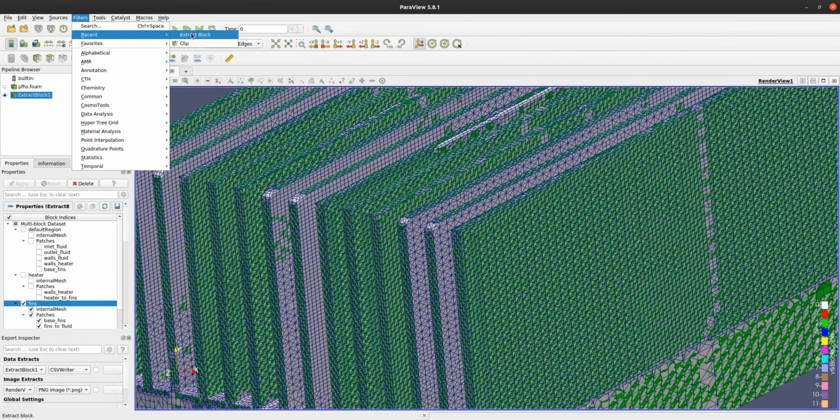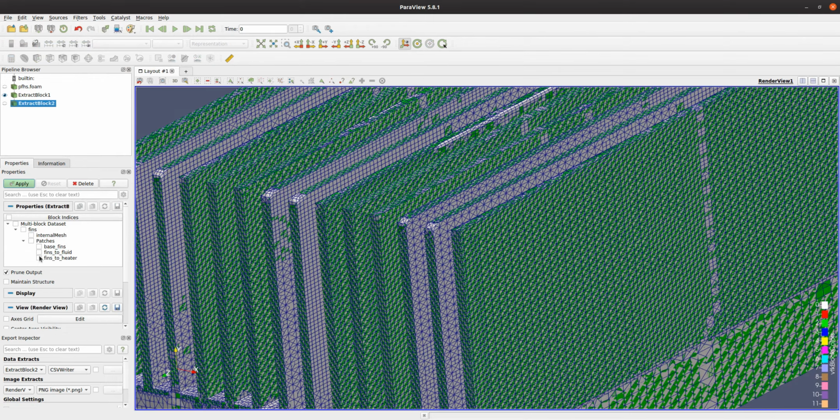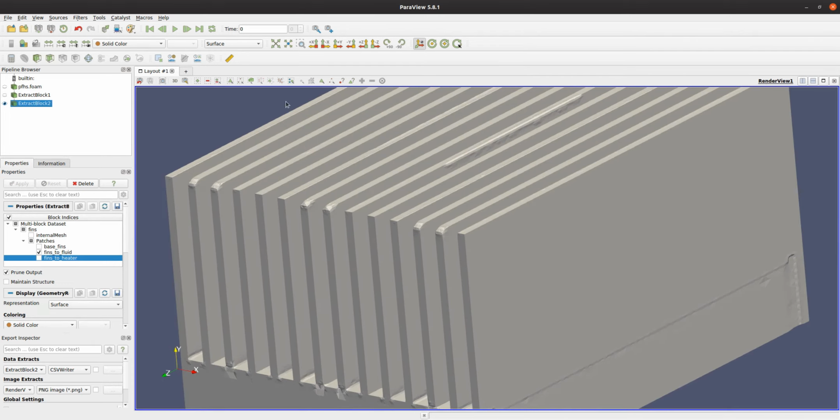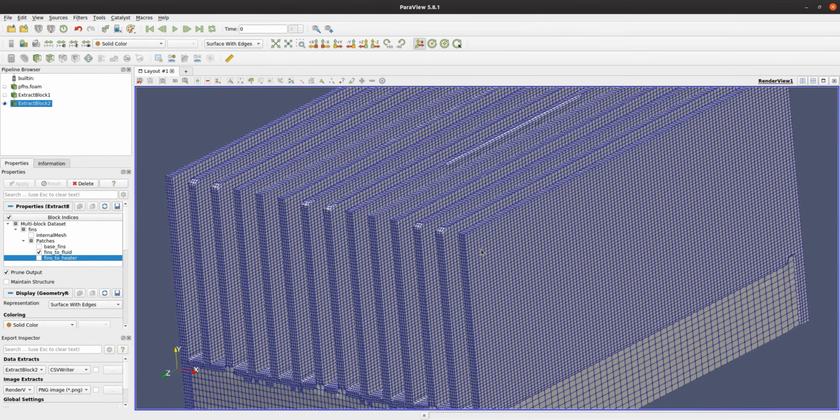We can also see separately the interface between fluid and the fins.